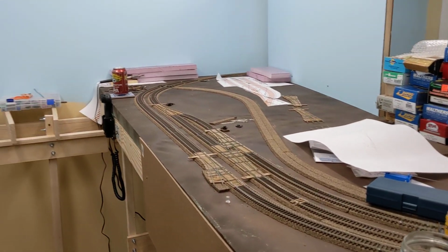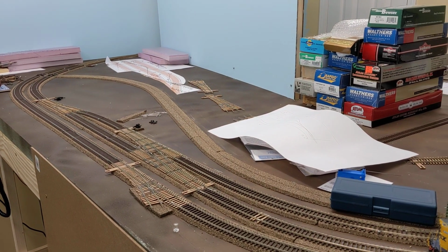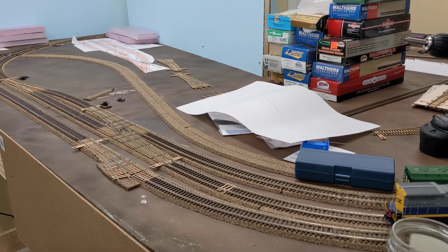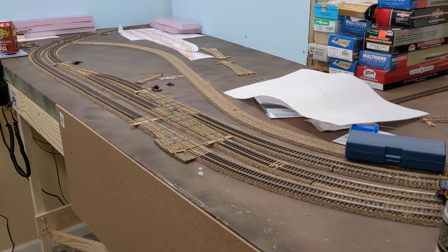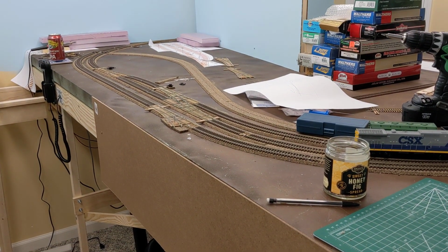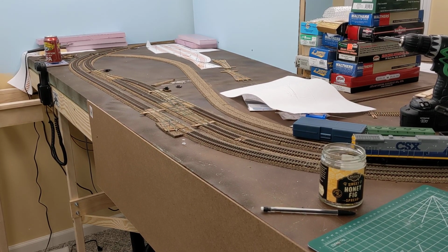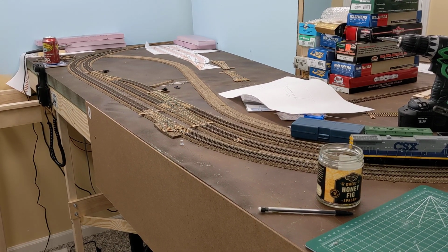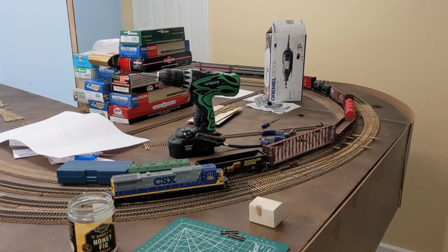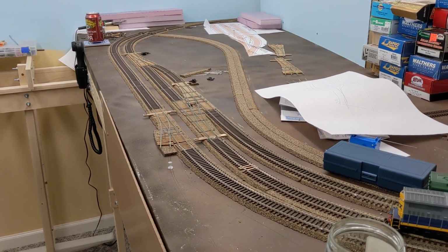Welcome to layout update video number 3 for my first model train layout. Now, my original intent was to make these videos once a month to track the progress of the construction of my layout. But it's been 9 months since layout update number 2 was uploaded in March. So we are in the thick of winter now, and a lot of progress has been happening lately, and there's a lot to go over in this update to catch up on the construction and the progress in the past